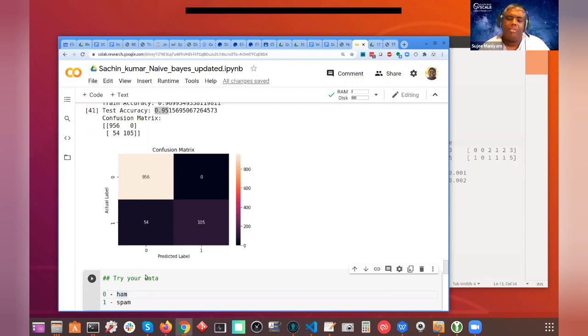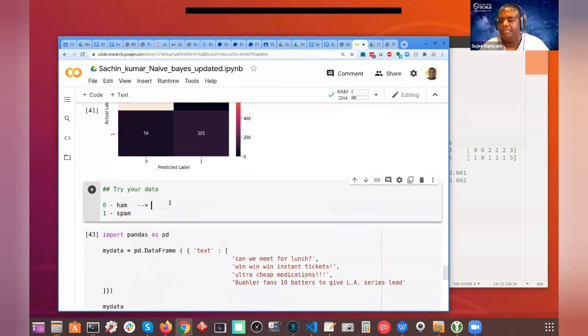So now looking at the matrix column-wise, right? Can I read it this way, guys? Read column-wise, so the model says 0. Then look at the 0 split. Most of the time, if it says 0, it's correct. It's correct 956 times and wrong 54 times, right? So if the model says 0, you can see that.